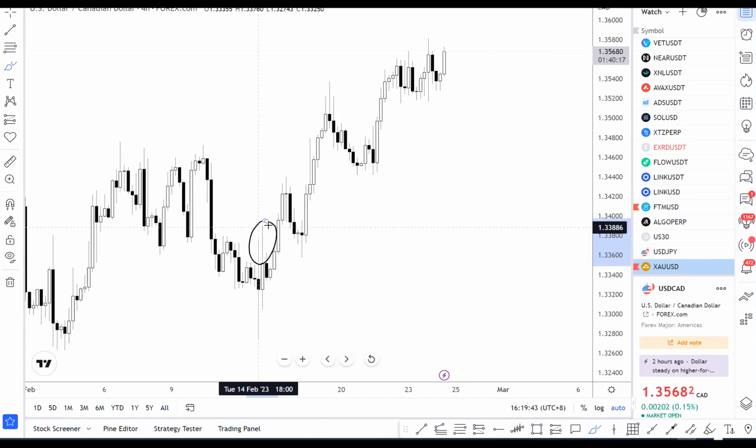So you can see what happened following that wick: price came into the wick. Extend this to the left, to the right. You can see that price came in, it held below the wick before this bullish candle here. And this bullish candle has relatively small wicks compared to the body. If you compare the ratio of the length of the wicks to the body, you can see that this is